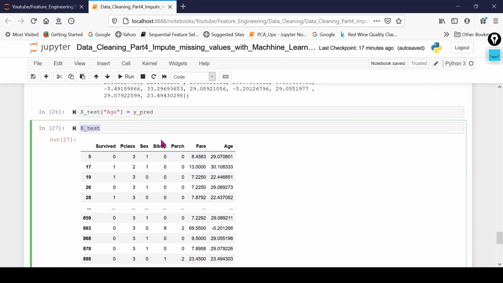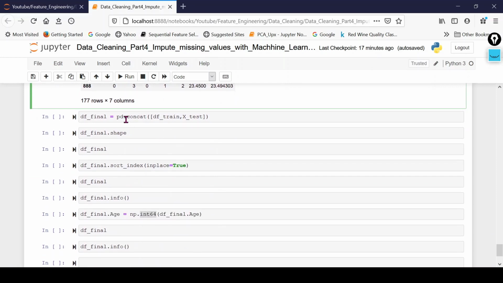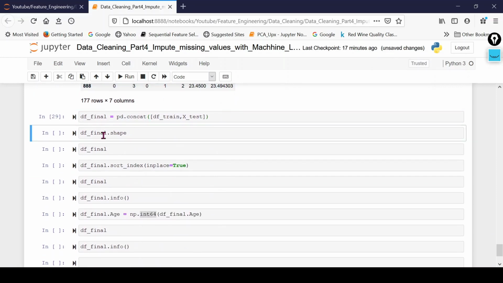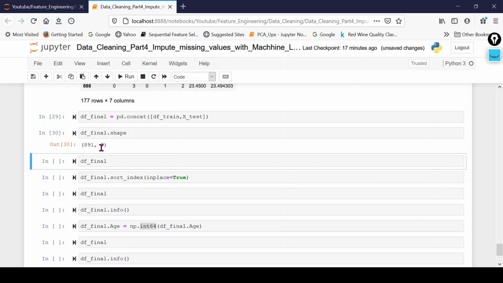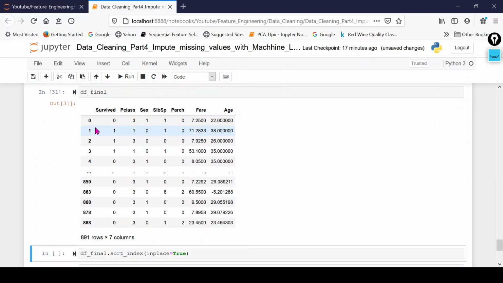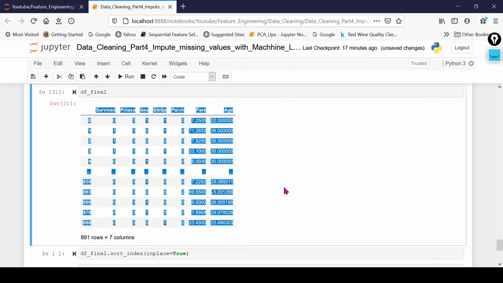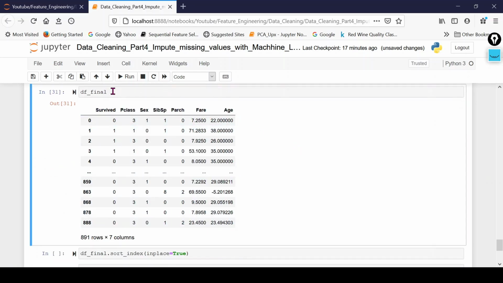So we are going to combine both data frames by using concatenation. Now this is your final output. You can see our count is the same, 891. So this is your final data frame which we will use to train our machine learning model for our business purpose.